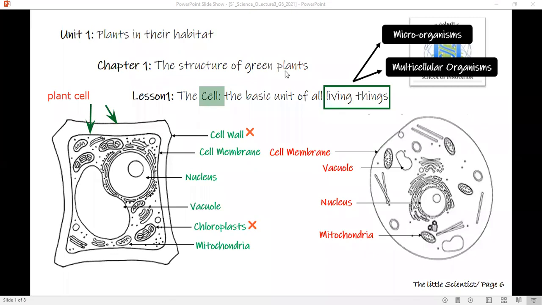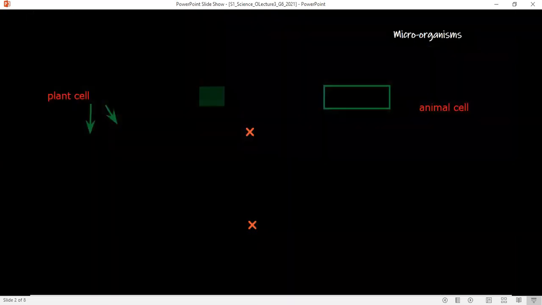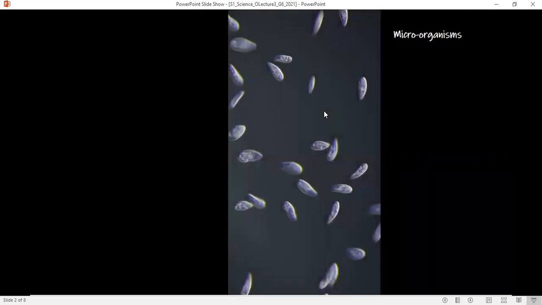So two types of cells. In the second slide, we have this animal cell. Animal cells build people and animals, and plant cells build plants. Animals and plants can be multicellular organisms or microorganisms. Let's take a look at these. Here we have these cute